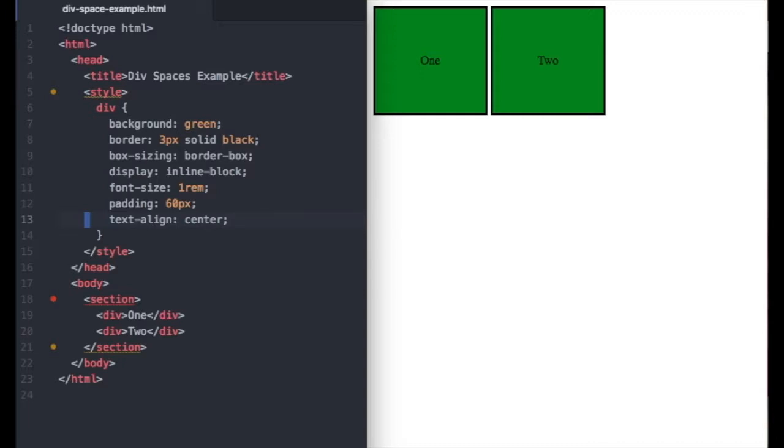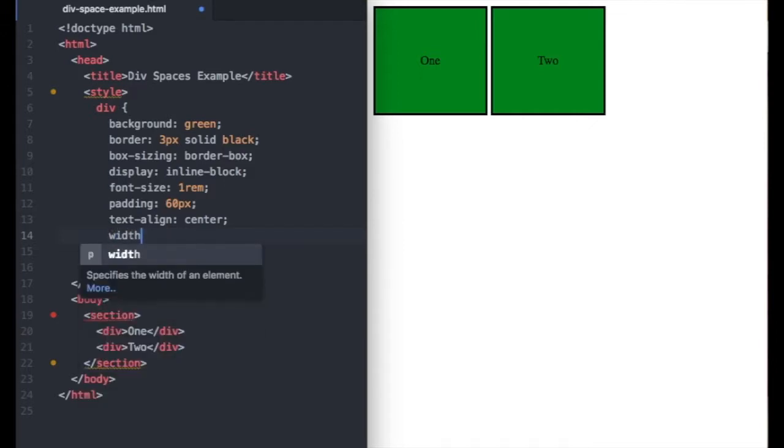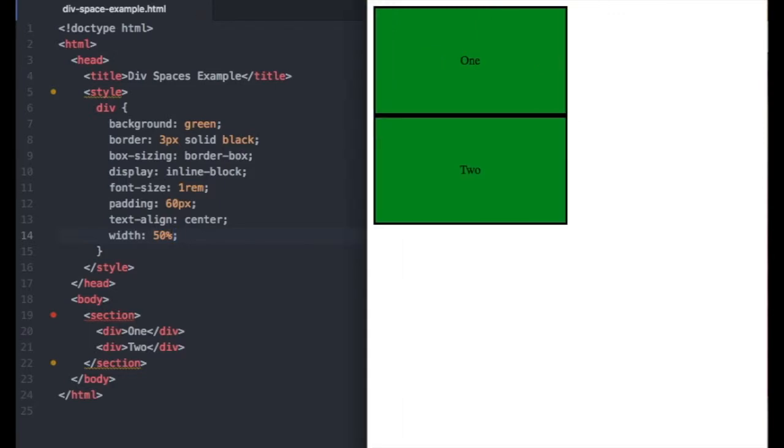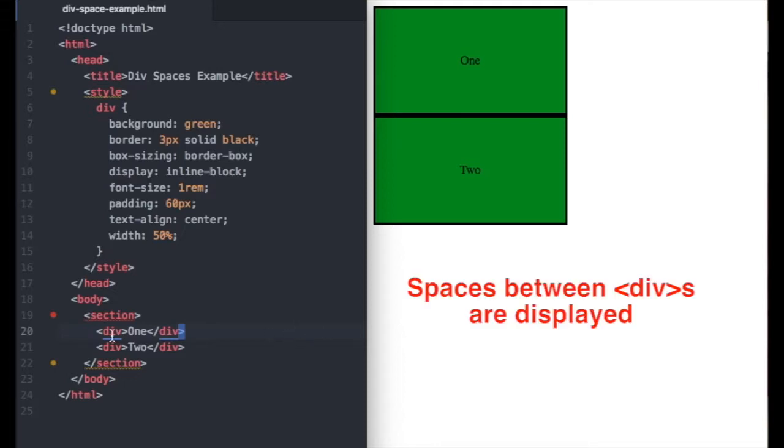So let's say what you could do is set width 50%, save that bad boy, and all I'm going to do is refresh the page. And I don't get two columns, I get one stacked on top of the other. And the reason why it's funky, and why I went over this, is it's for a really weird reason, in that the space between the divs is displayed and it knocks the total width above 100%, which creates